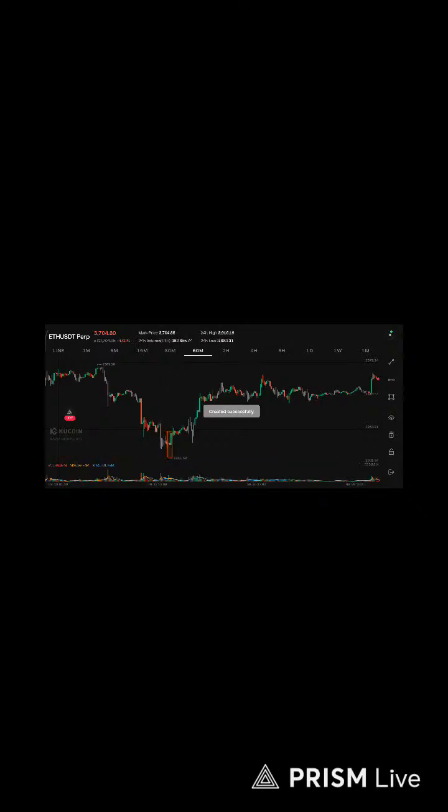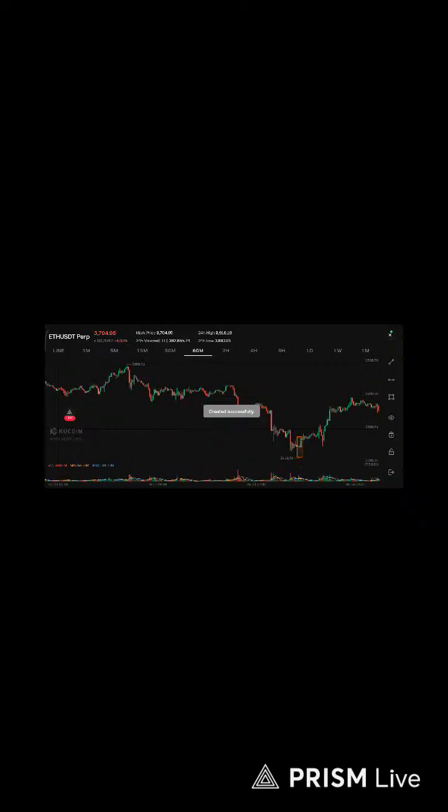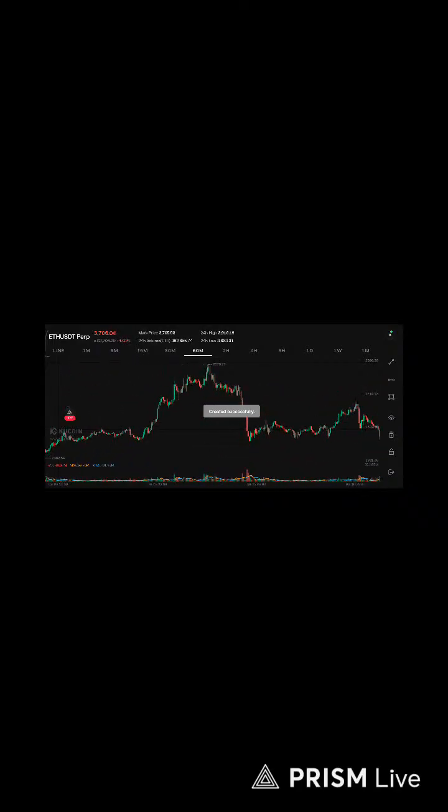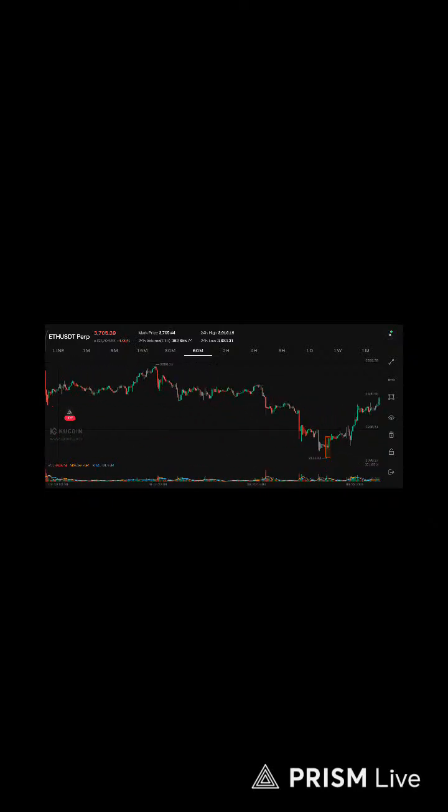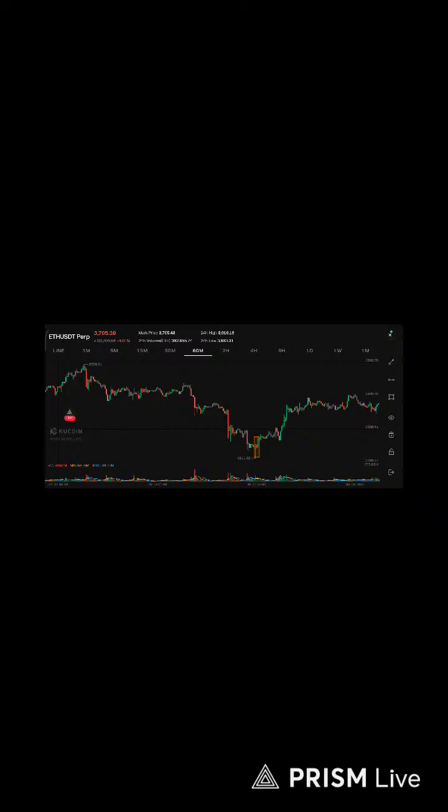Now check this candle in 60-minute time frame. Have you seen it? This was the price dump from 2,879. This was the market dump to 2,111. Now in the formation of this candle, if you take a look at it, you see